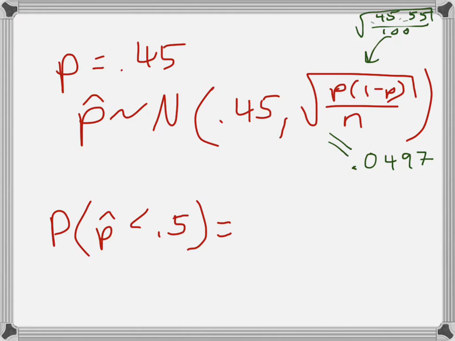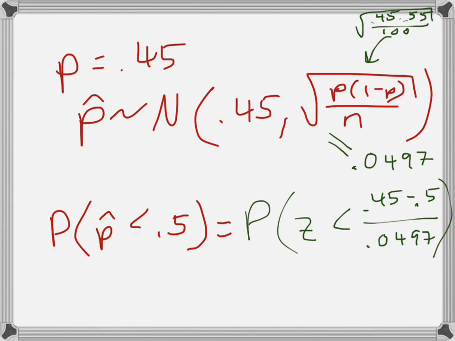So we're going to calculate the probability that p hat is less than 0.5, which is the probability that z is less than 0.45 minus 0.5 over 0.0497. Right, that's p hat minus p divided by the standard deviation. So that's the probability that z is less than, let's throw that in the calculator, 0.45 minus 0.5 divided by 0.0497. That's negative 1.01. So the probability that we randomly select 100 people and less than half of them are Democrats, look at the negative 1.01, this is going to happen